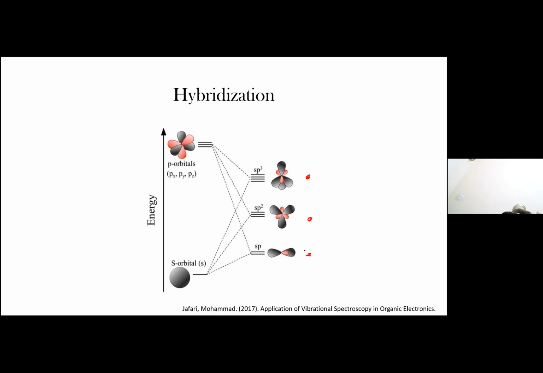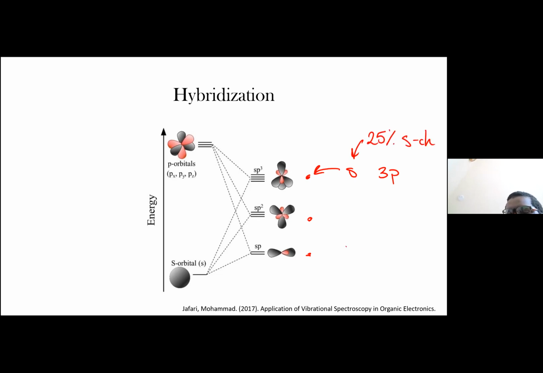They're essentially a mix of the s orbitals and the p orbitals, and hybridized orbitals are how we form bonds between atoms. If you'll remember back to Gen Chem, p orbitals are higher in energy than s orbitals. sp3 hybridized orbitals means you have one s orbital and three p orbitals, so you have 25% s character,